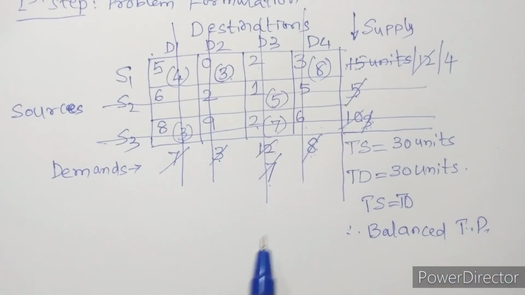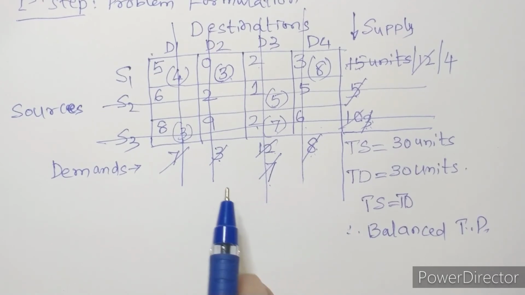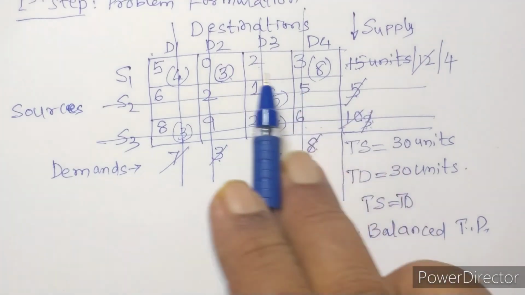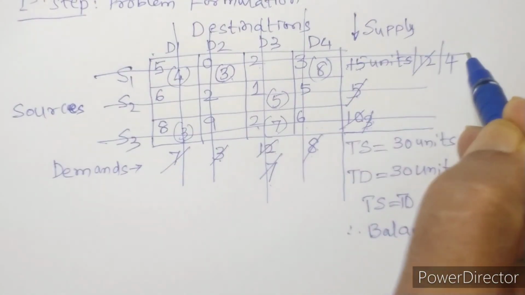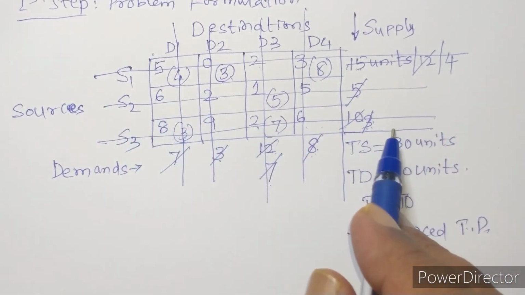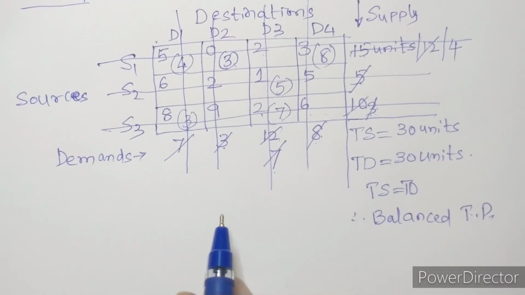So now this procedure is to be continued until there is a line through every row and every column. So until all the rows and columns are removed, there is a line through every row and every column in the matrix. Repeat the procedure of selecting the smallest value and doing the allocation to that particular cell.